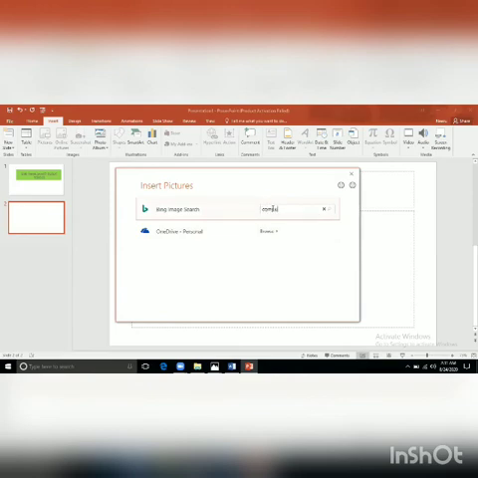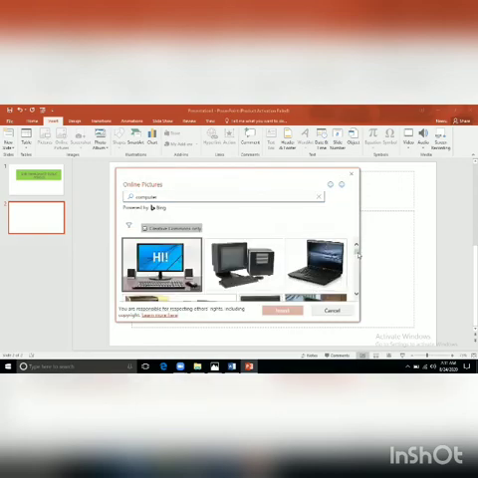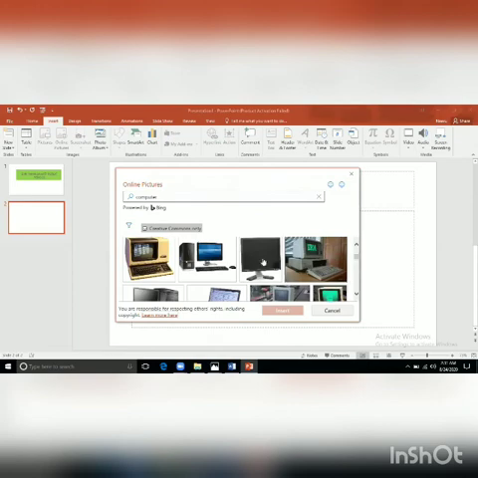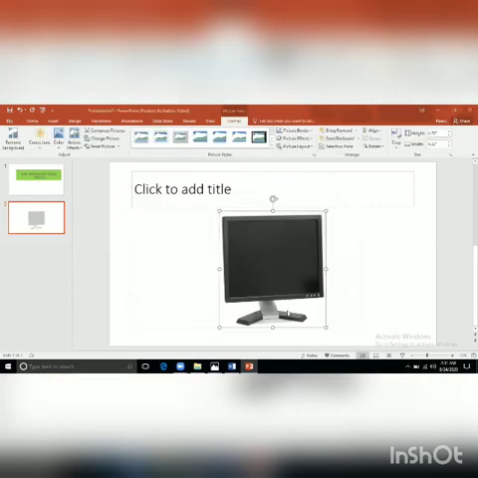So just write whatever you want to search and then click on search or enter key. Which one you want to take, just select that one and then click on insert. So you can see here picture has been inserted.